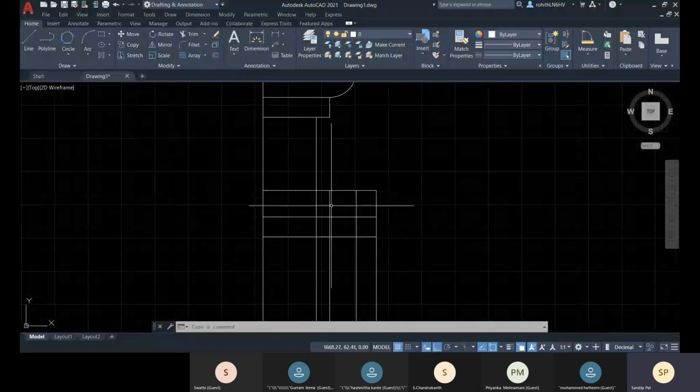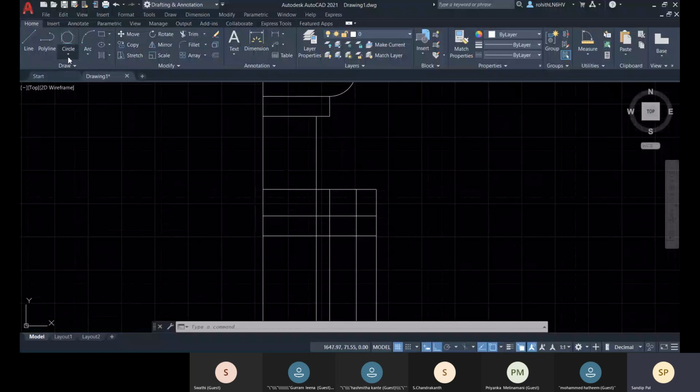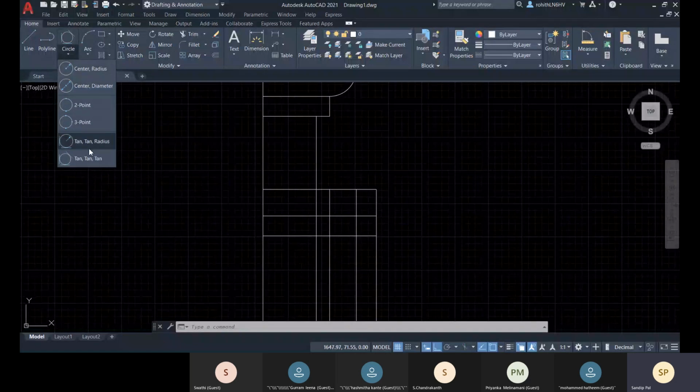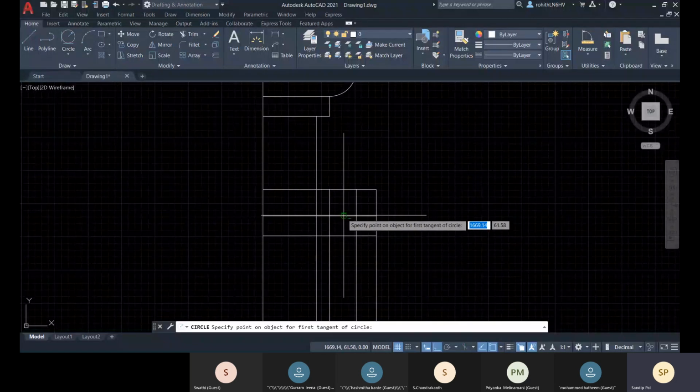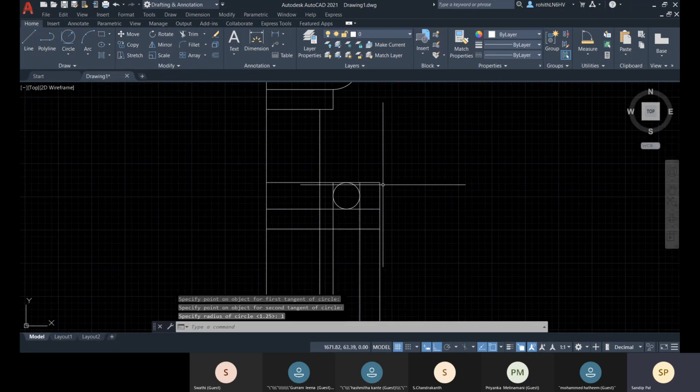And about this one, let's go for it. So here also you can go for tangent radius, tangent, tangent, and the radius is mentioned, that is 1. That is done.